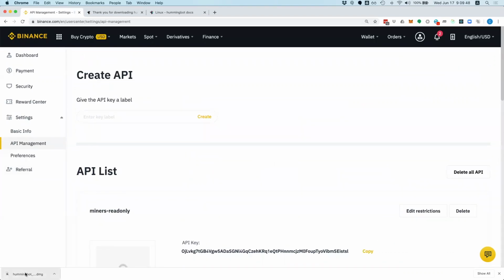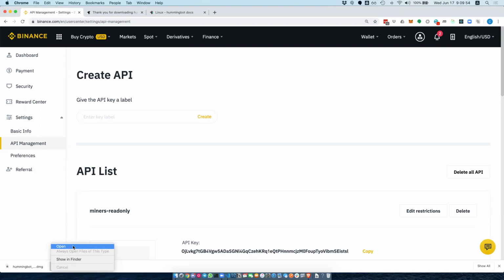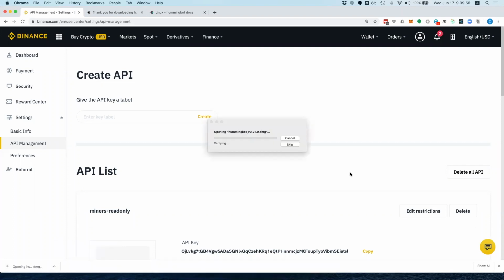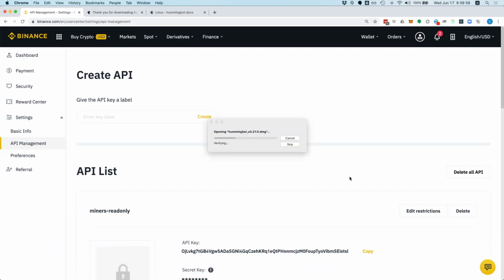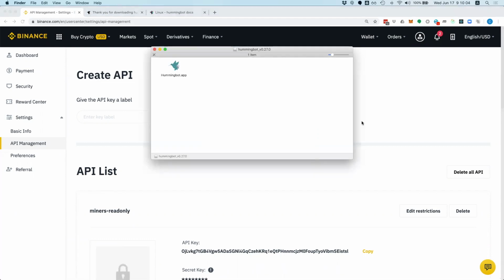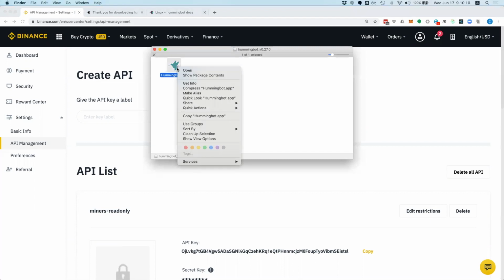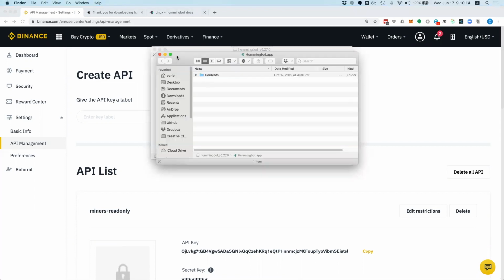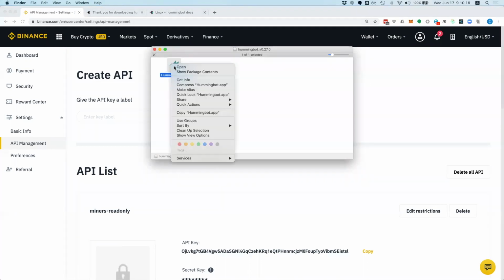Okay, so that's pretty much how we get your Binance account ready. So now we can go ahead and start running Hummingbot. So I'll just click here. One thing to note, since I've downloaded it locally, we haven't registered it with the App Store. So if I click open,